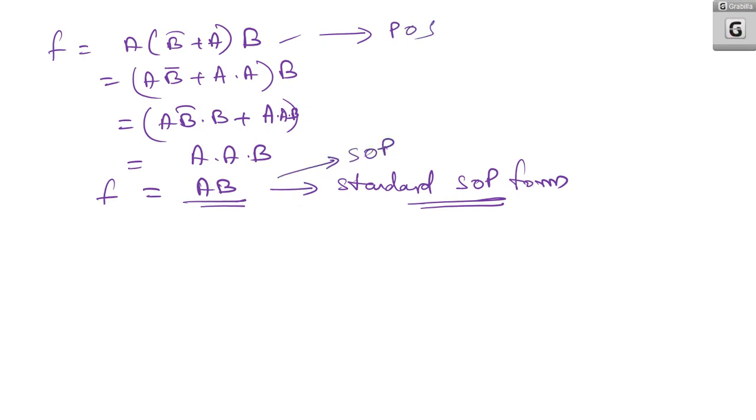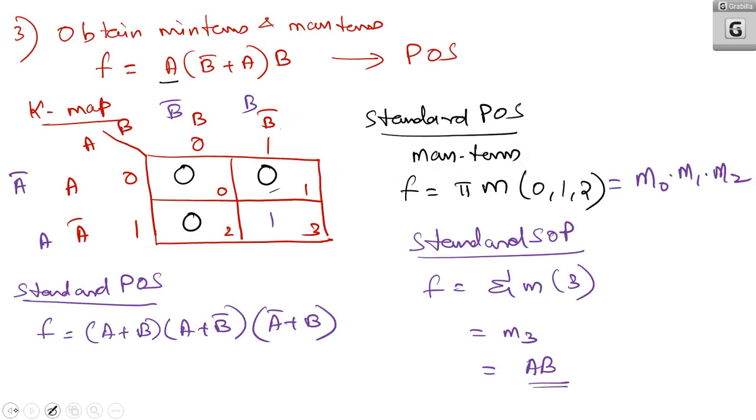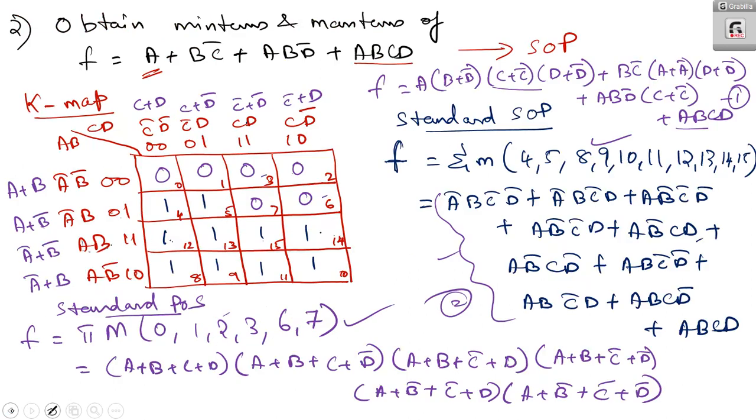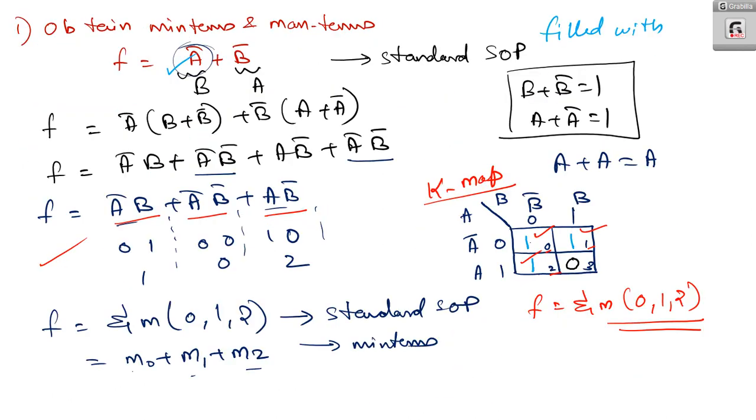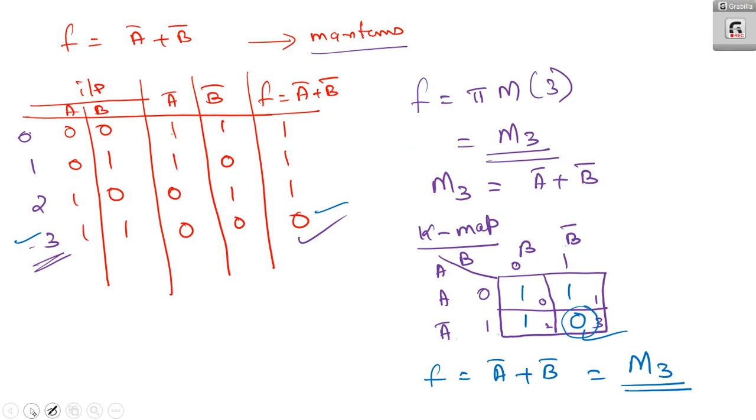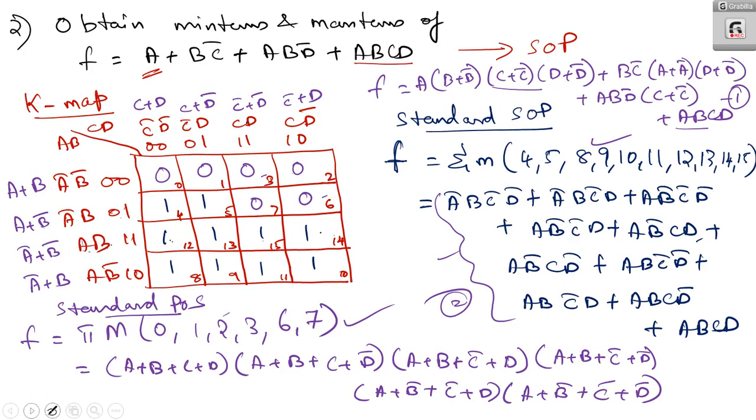Okay. So I think you have understood how to form min terms and max terms using K-map as well as Boolean algebra. The first question I have done with the help of Boolean algebra as well as K-map. And in the second question I have used both the things. I have used K-map and derived standard SOP and standard POS forms. Since the expression is having 4 variables, I have derived it in that form.